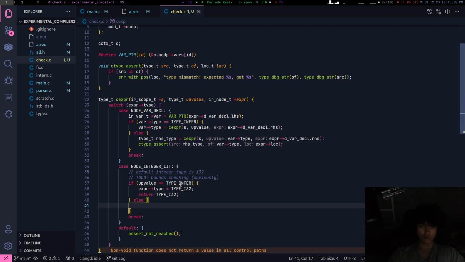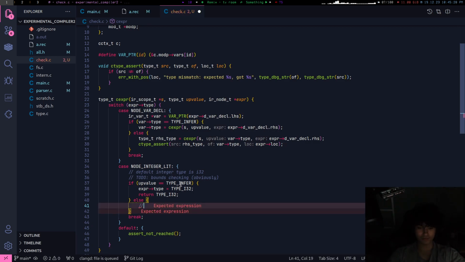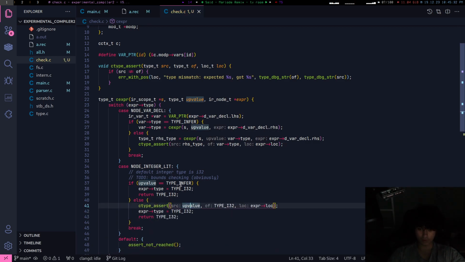I would want to assert the upvalue is actually an integer. If it's like a struct, no. But I won't do that for now. I don't want to do C type assert.